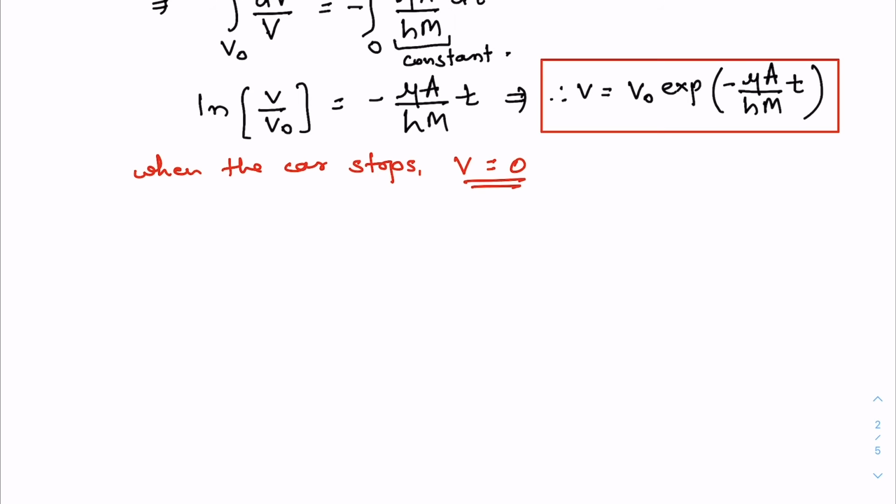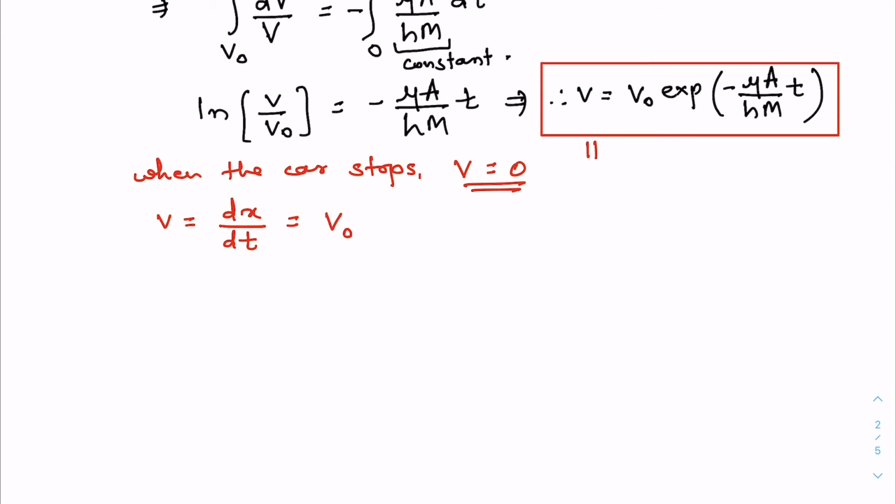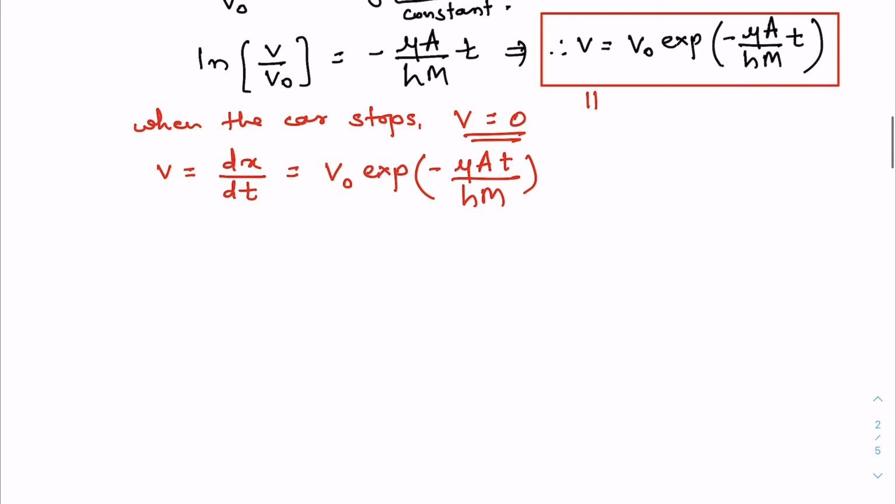Since we have the expression of velocity, and velocity is nothing but the time derivative of distance, dx by dt is equal to v naught times exponential of minus mu A t divided by h times m. Again, this is an ODE for x, which is the distance the car travels. So if we integrate it,